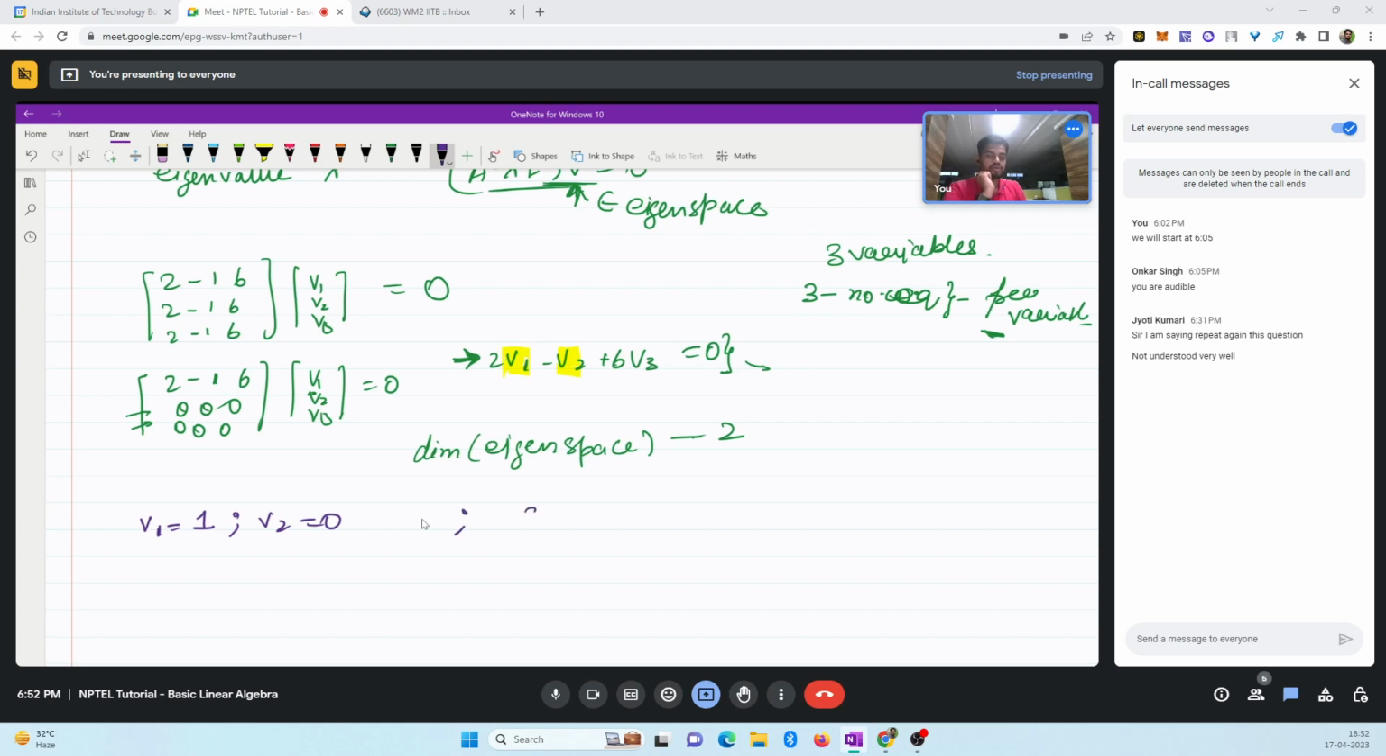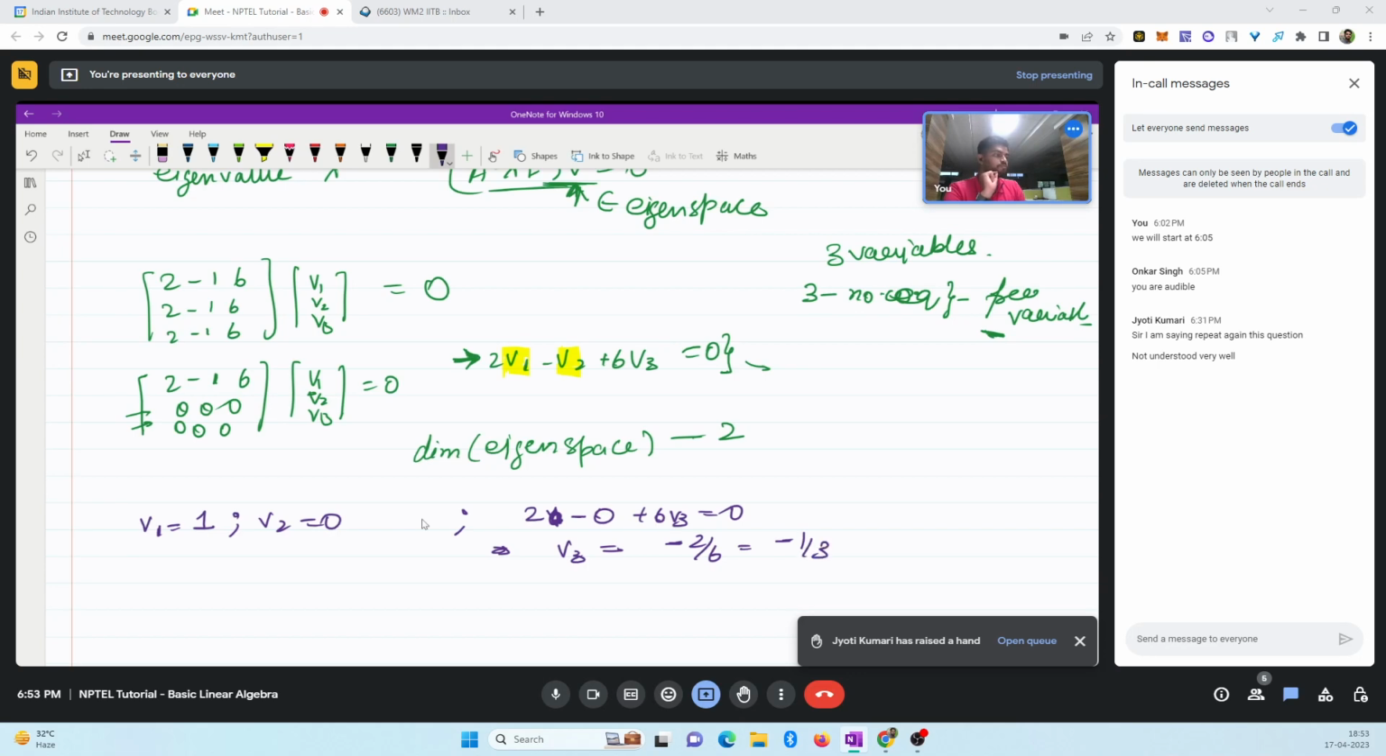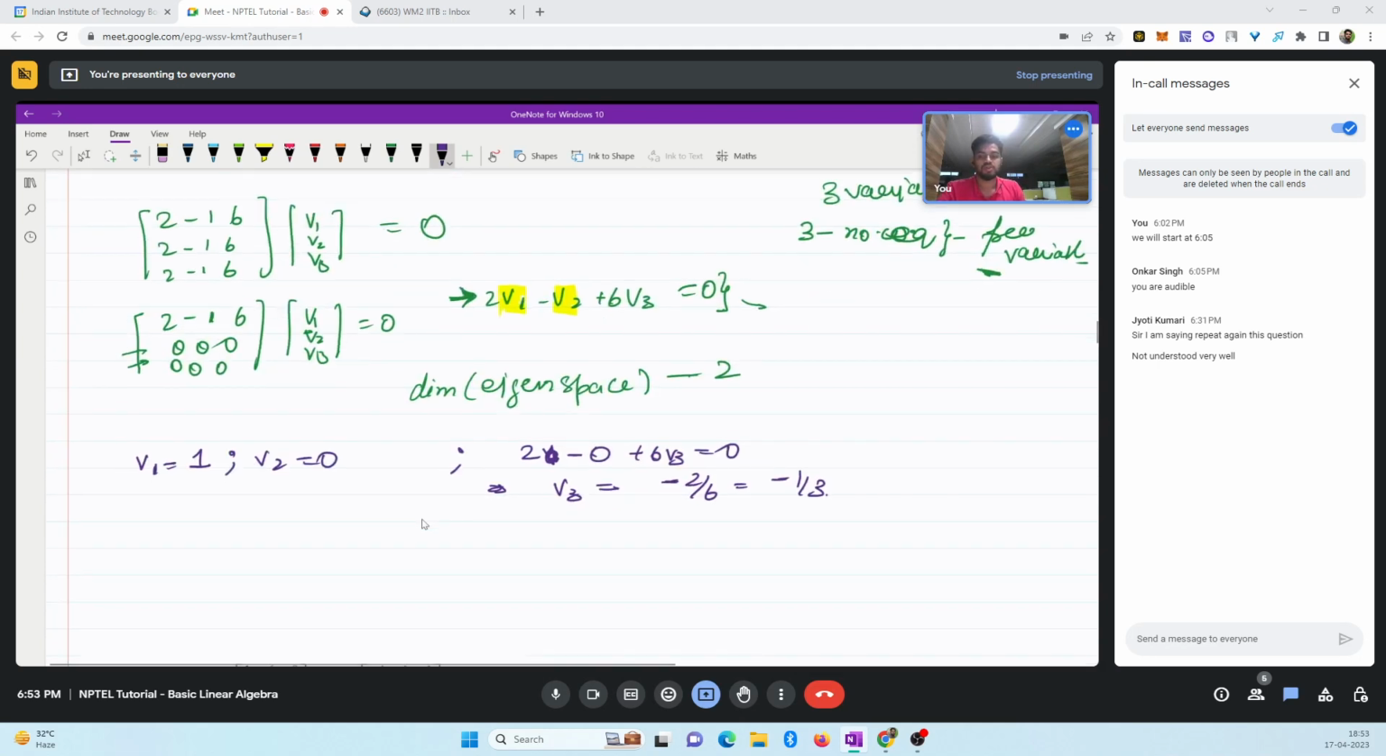तो क्या होगा, तो ये होगा 2v1 माइनस 0 प्लस 6v3 इज इक्वल टू 0। v1 में क्या है वैल्यू 1, तो यहाँ से v3 क्या आ जाएगा -2/6 दैट इज -1/3, ओके? तो एक वेक्टर हम लोग का क्या बन गया 1, 0, -1/3। अब दूसरा वेक्टर लीनियरली इंडिपेंडेंट निकालने के लिए हम लोग क्या करेंगे, इस बार हम लोग v1 को 0 ले लेंगे एंड विल टेक v2 एज 1,